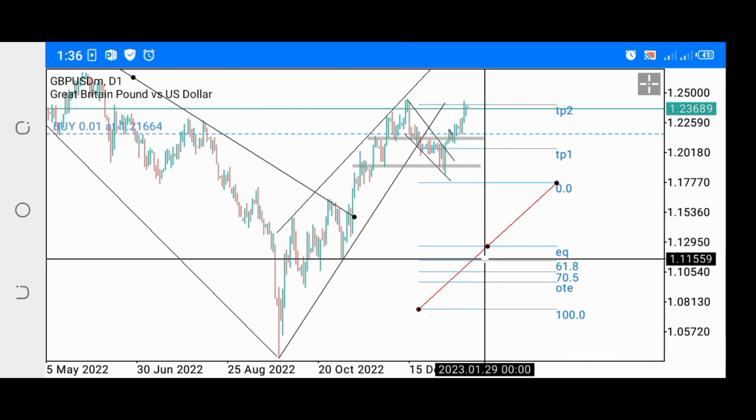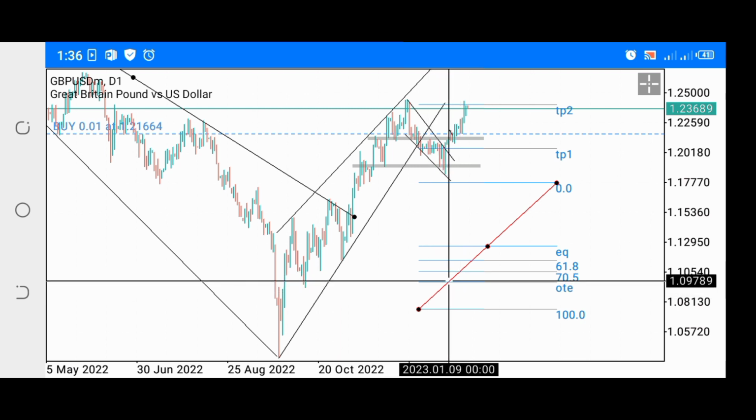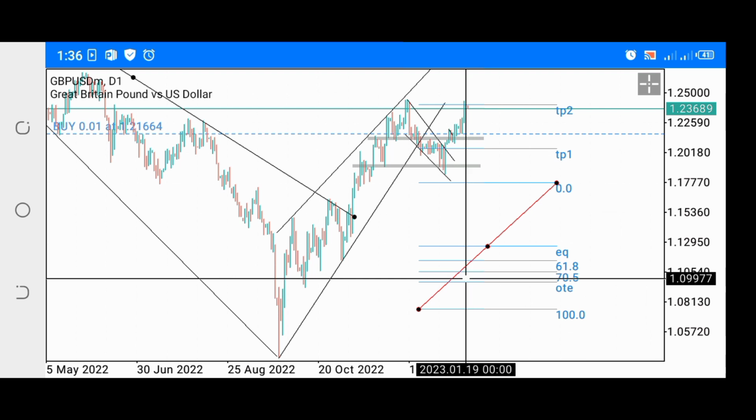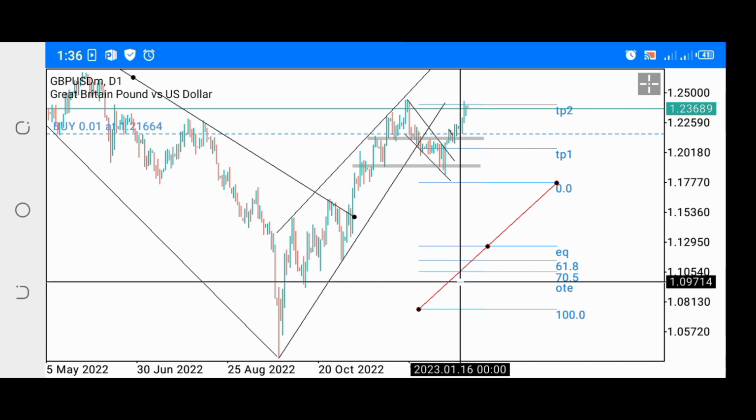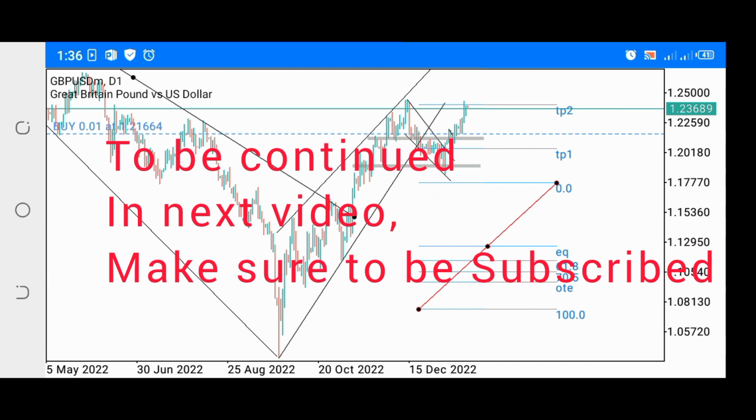Then from 61.8, we go to 70.5. At 70.5, we have OTE. OTE is optimal trade entry. So between 70.5 and OTE is what we call our sweet spot. That's our sweet spot. Price does not take long in these levels here. But with that being said,